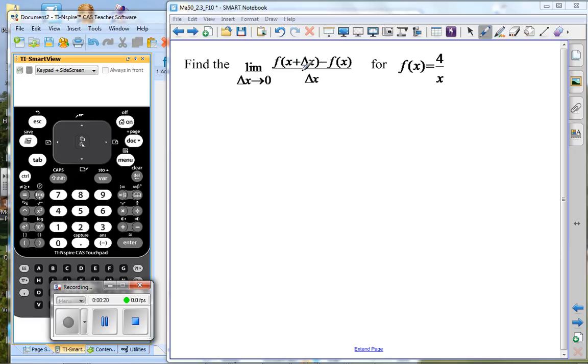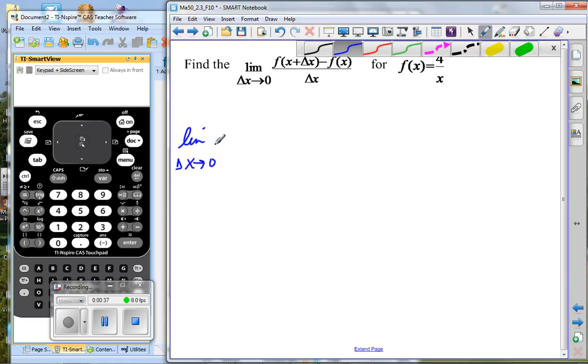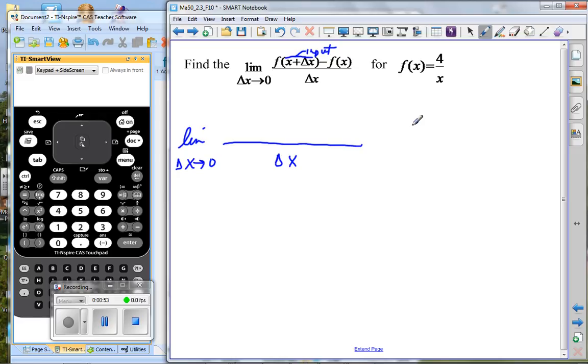In order to think about this problem and to begin to write it, the limit as delta x approaches 0, I can pretty easily get everything that I need in here, delta x and all that, but I need to think about what does it mean to have f of x plus delta x. And all I need to remind you of is this quantity in here is all of the input expression,